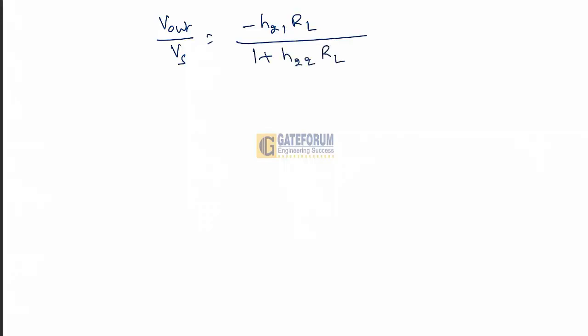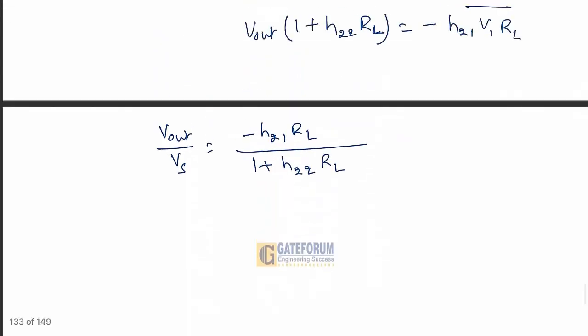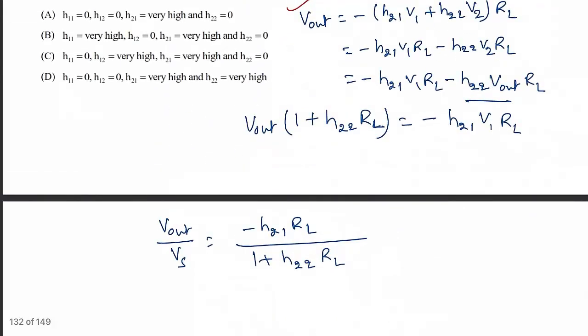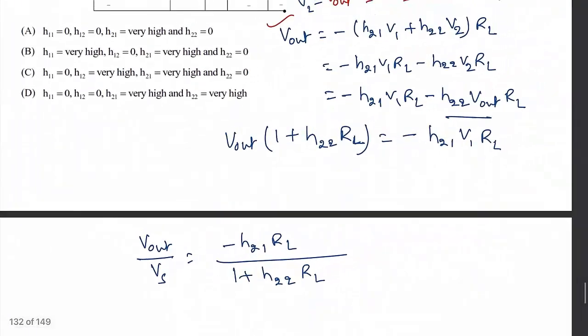So here now we can write V out divided by V1 is equal to Vs. So directly we can write V out by Vs is equal to minus H21 into RL divided by 1 plus H22 RL. If you see in this expression, whatever we have as V1,